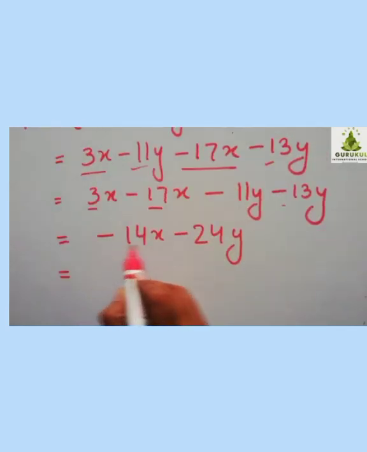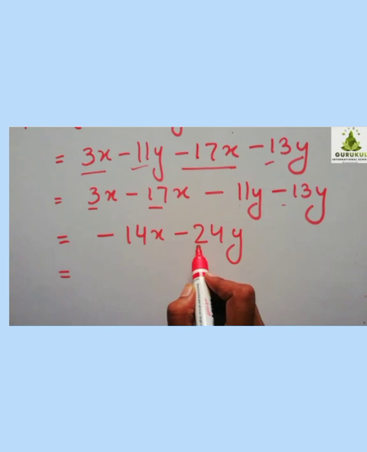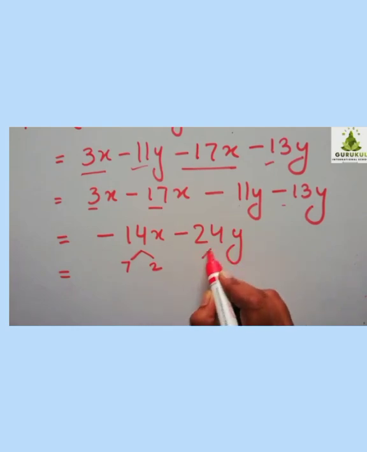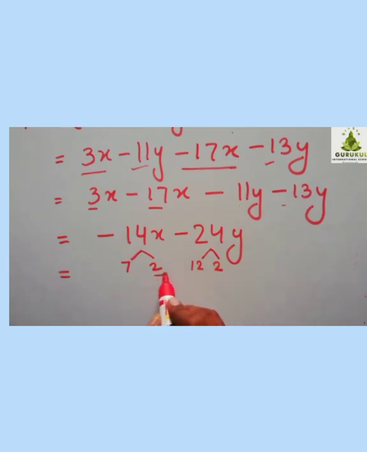Now see here and here. What you can take common outside, that you find out. Now see this. I am splitting this. How I can write this? 7 and 2. 7 2s are 14. Is that clear to you? 7 2s are 14. And here how I can split this? What is common here? Now here I can write it as 2 into 12, or 2 into 12. Is it clear? Now in both splittings, the common thing you can take is 2.